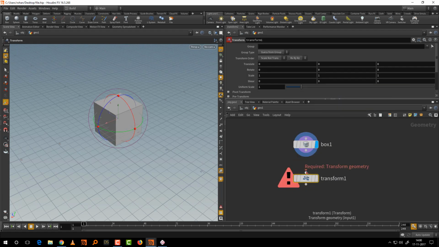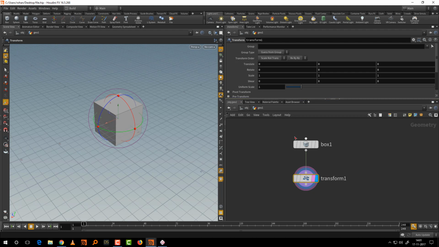And okay, so this thing is new. This little arrow that you're getting here, this is new to 16.5. Like this wasn't there before. It's showing you that you need an input over here. So click here. You don't need to click and drag. Just click on that circle. You'll see a line sort of attaching to the mouse, and then just leave it there. And there you go. Now if you come to the transform, okay, and now you have basic options for move,